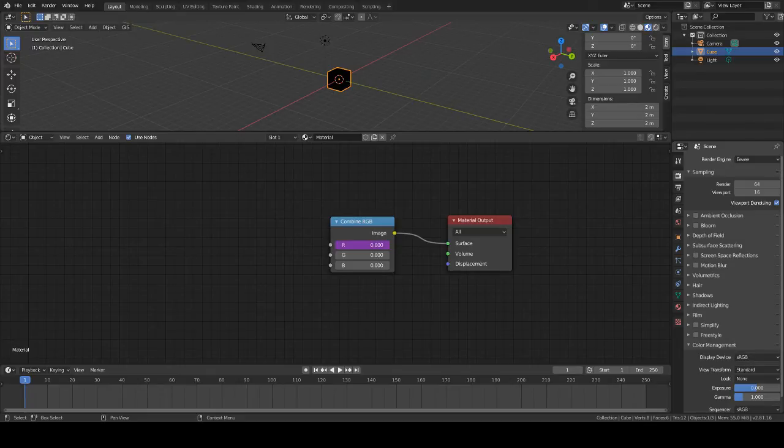smaller, it should get more red. Yep. And you could do